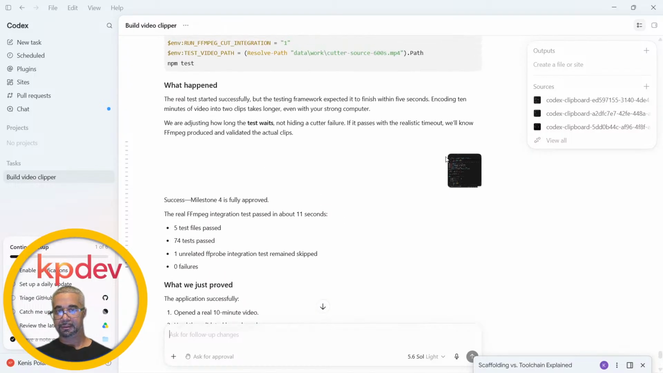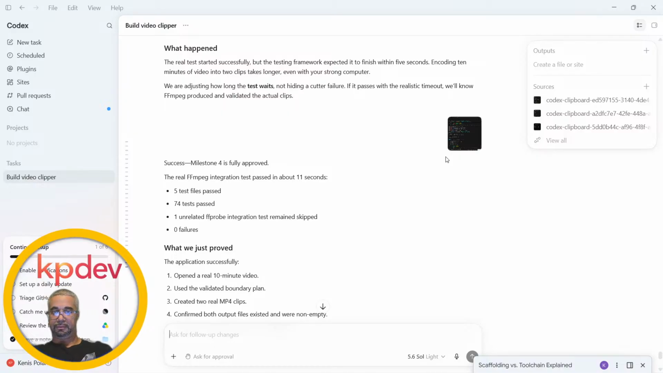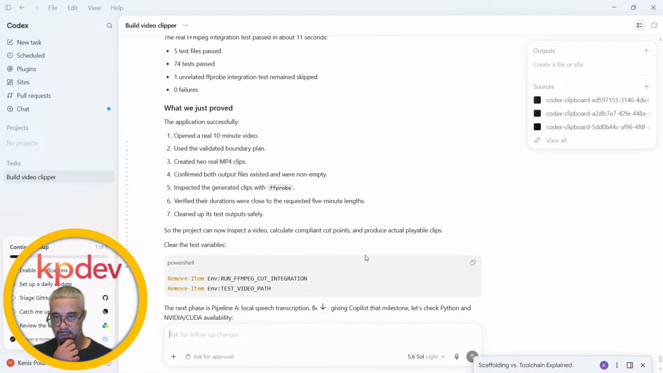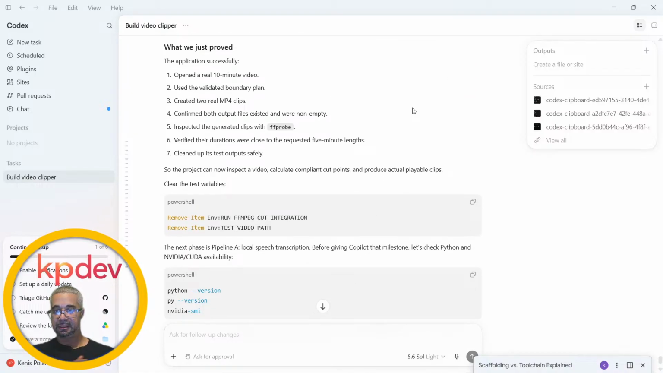All right, so what he says here: success, milestone 4 is fully approved. The real FFmpeg integration test passed in about 11 seconds. 5 files passed and 4 tests passed. One unrelated FFprobe integration test remains skipped. 0 failures, which is what we just proved. The application successfully